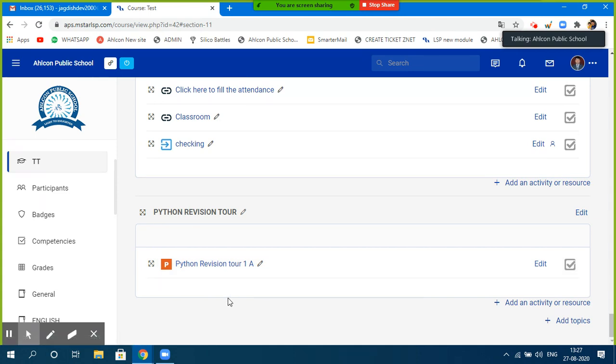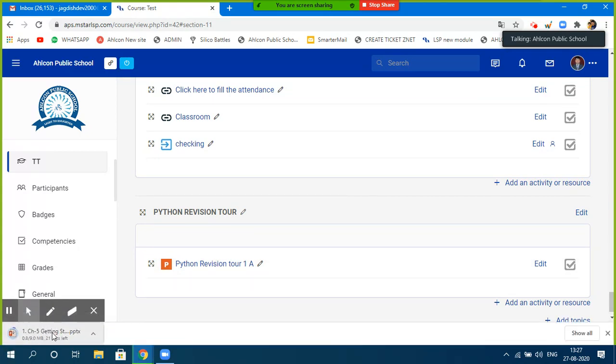Any application which you upload has the tendency to open outside this platform. So when you click on this, it will simply download the file for you, and you can see that the file is being downloaded here. Later on I can see that, and the same thing will be there for the student also.